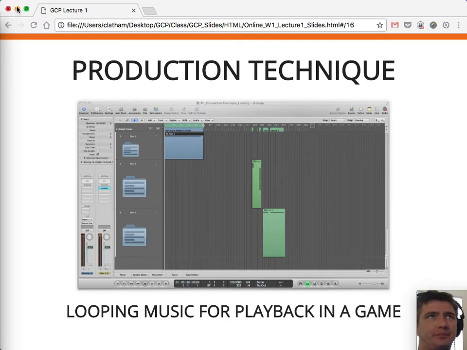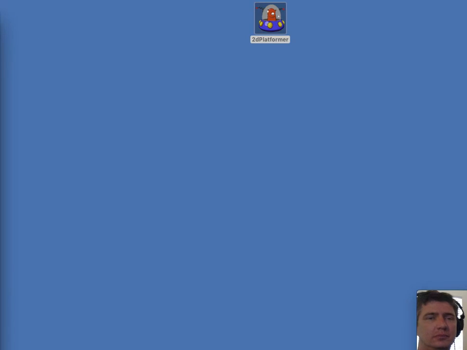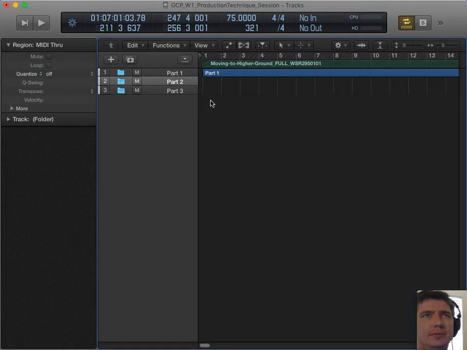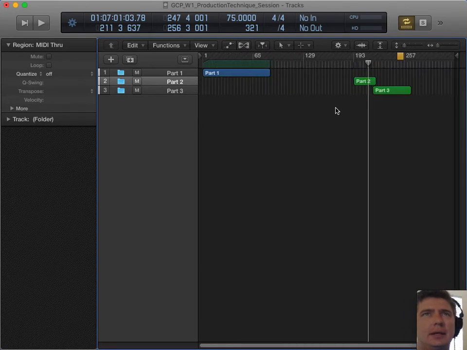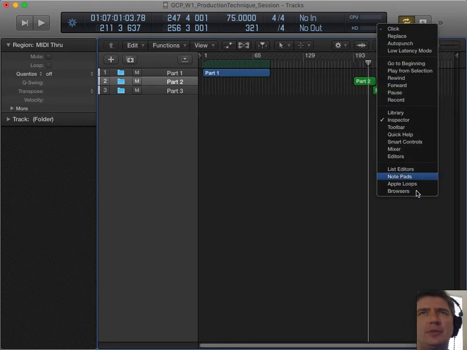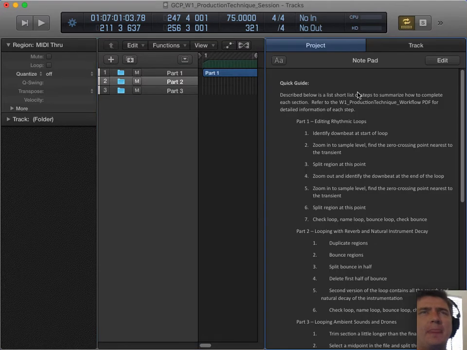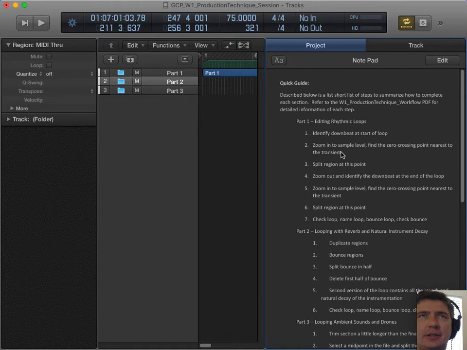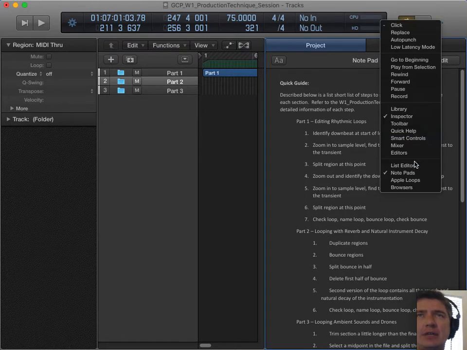So here is the Logic session, and when you open it up, it gives you some notes on the session, which is basically a summary of the assignment itself.